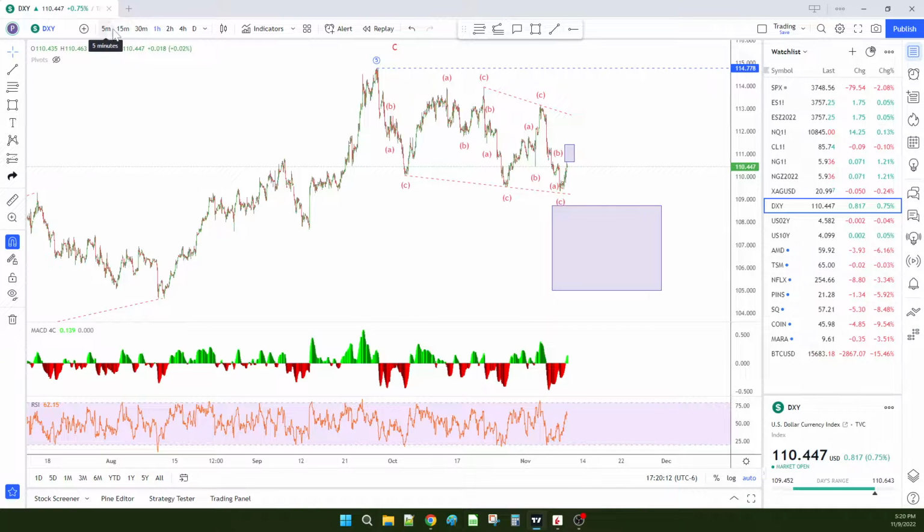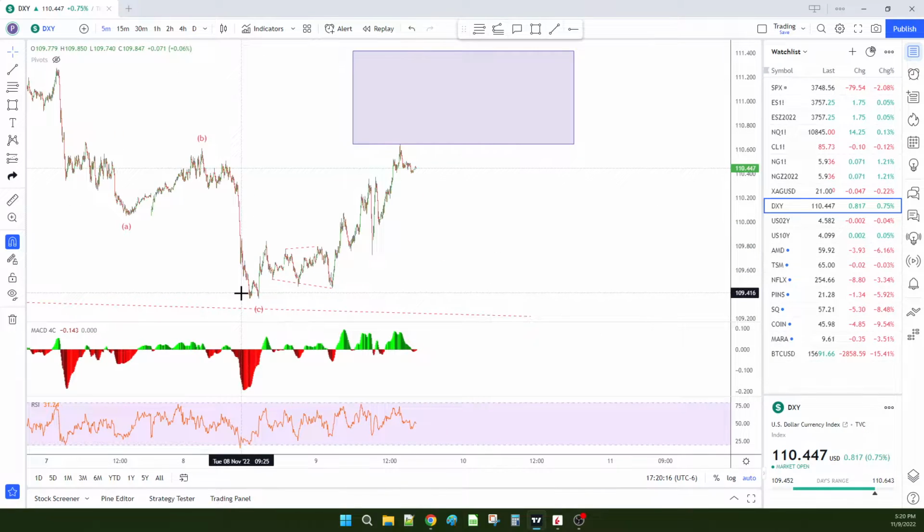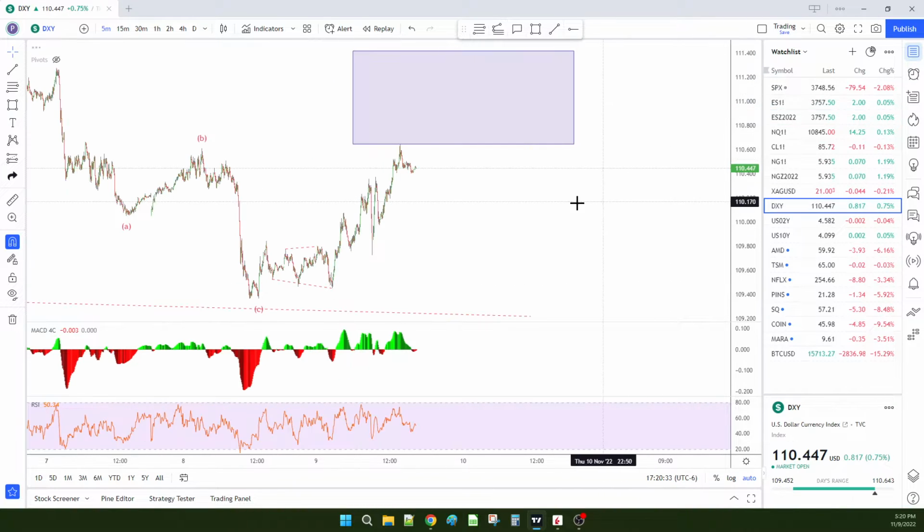And if I drill down on this, get down here, I see all this too as it's creating a leading diagonal. So on the S&P, all this move here is creating a leading diagonal for down, got the dollar creating a leading diagonal for up.